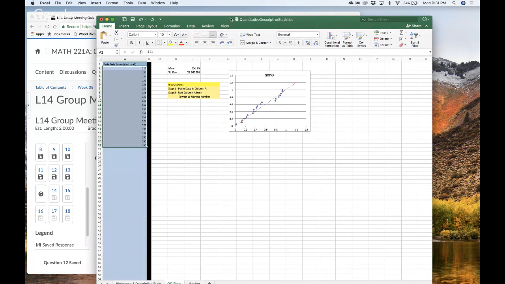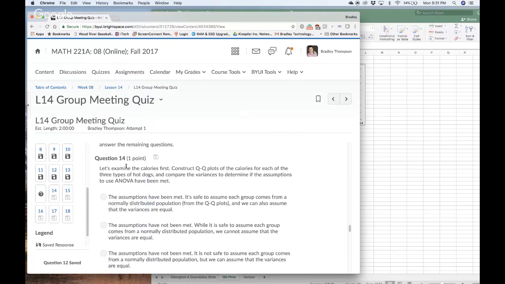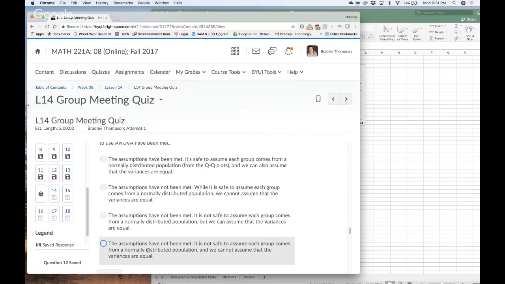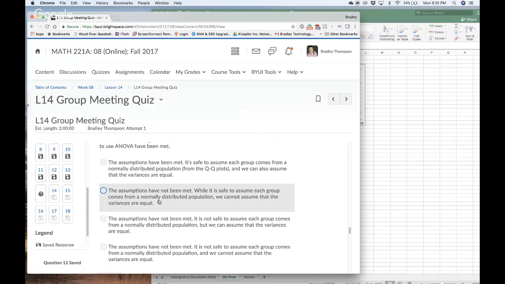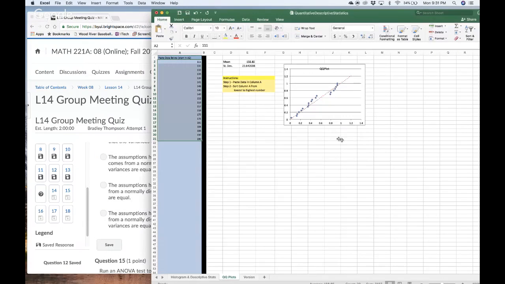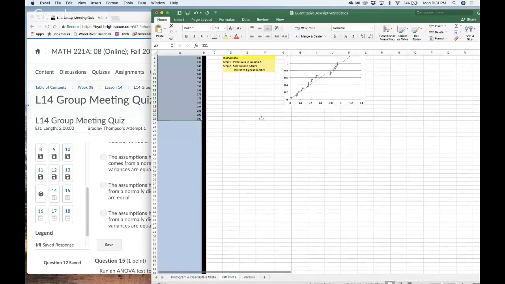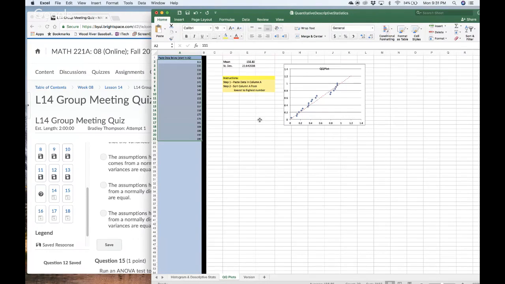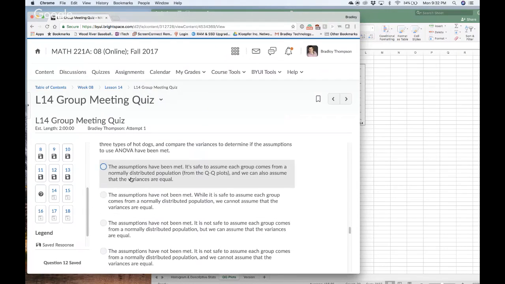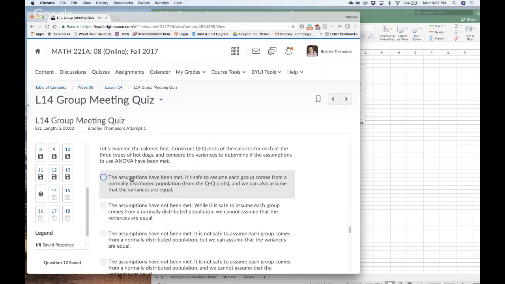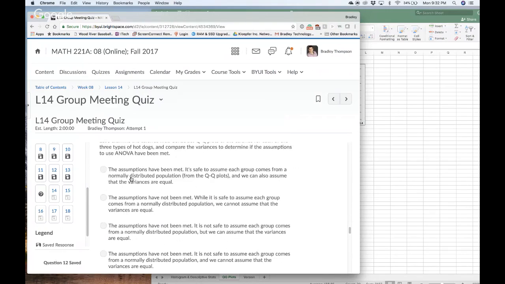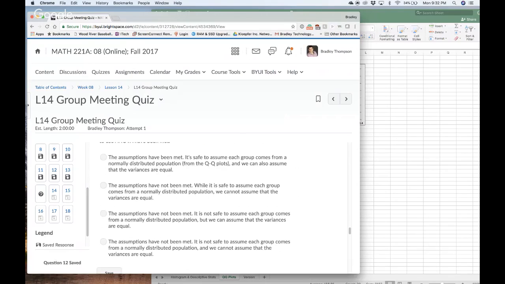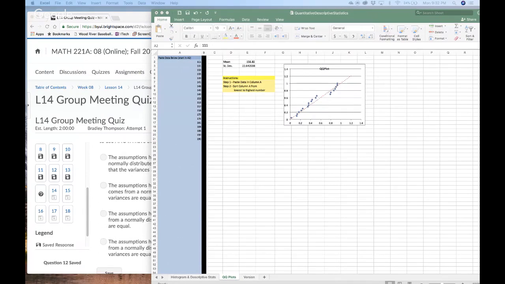What's the question that they're asking us here? The assumptions have been met or not, and then it's safe to assume that they're normally distributed or not. I'm not sure what we're doing besides looking at it; this is normal with QQ plots. From what I saw right there, it looks like it's normal. If you read the first one, it says the assumptions have been met. It is safe to assume each group comes from a normal distribution population, and we can also assume the variances are